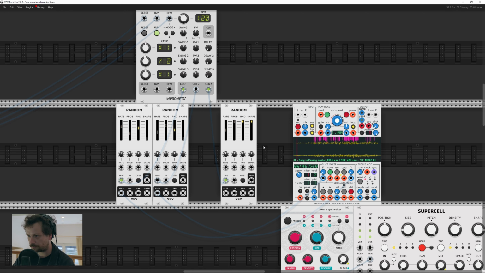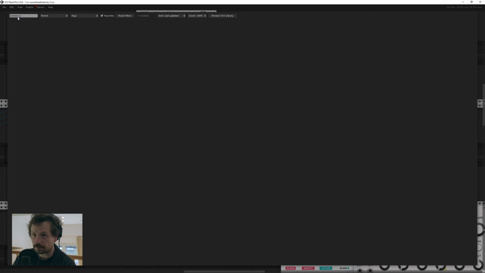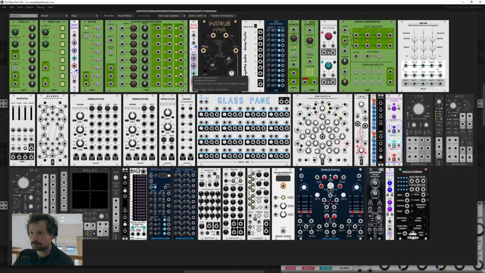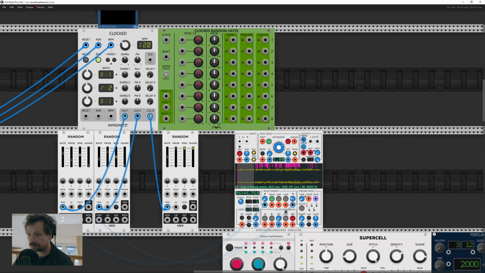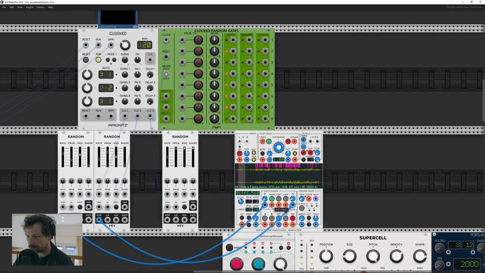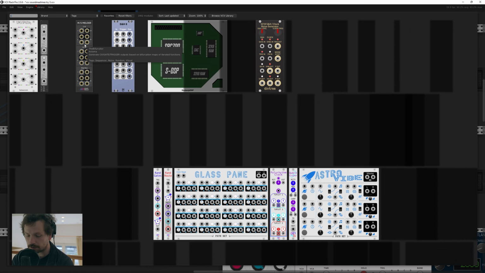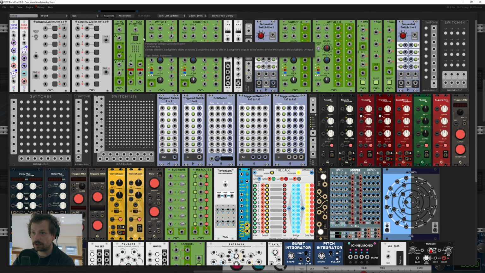But basically what we now do is take a random gate, a clocked random gate, take a clock, whatever, and take gates. But first what we want to do is a switch to have